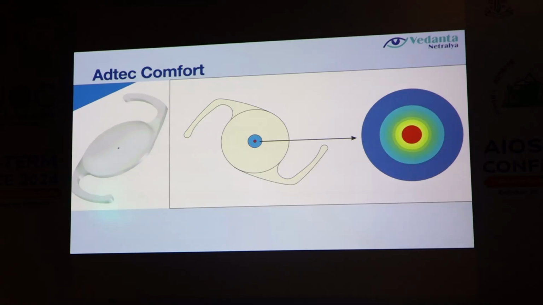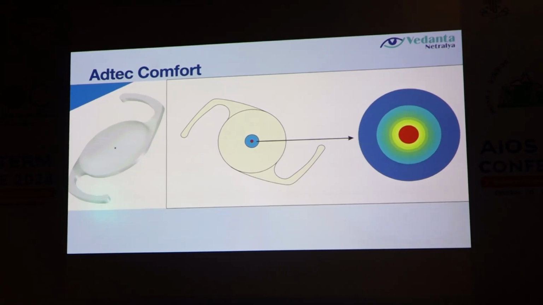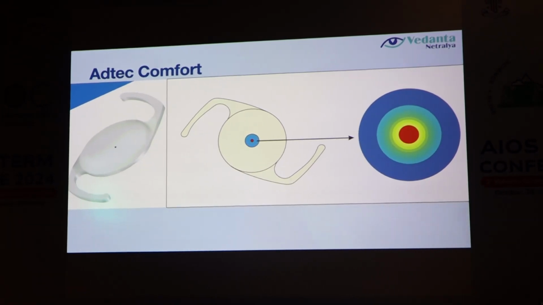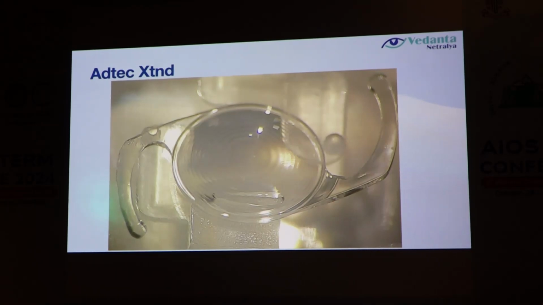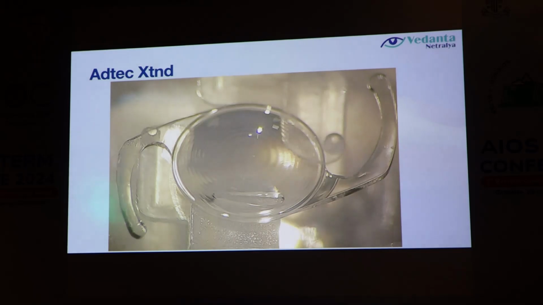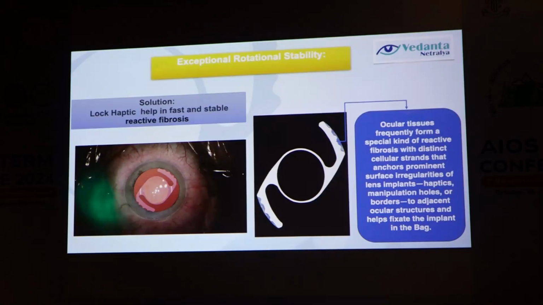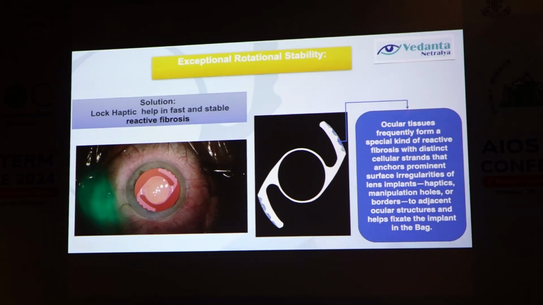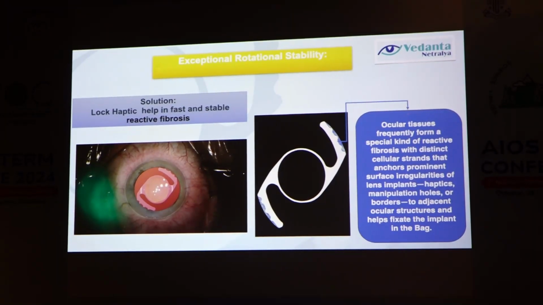This is the Comfort, this is the EDOF IOL. This has a central 1.5 millimeter zone that provides the EDOF effect. And this was the multifocal, trifocal, hybrid trifocal that I did. And in those cases which had more than 0.75 diopter of astigmatism, I used these toric lenses, which have a very nice lock haptic that helps in the proper centration of